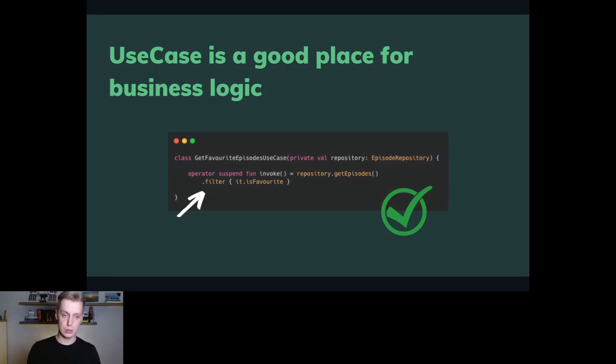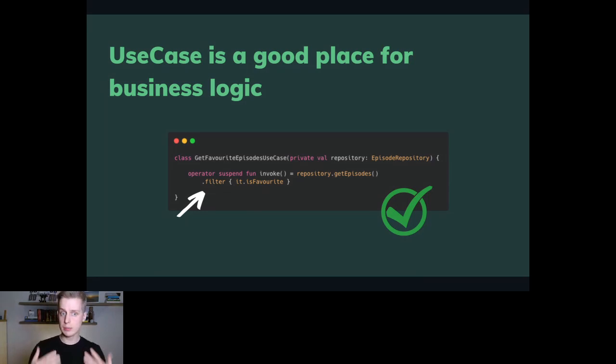And when we have an operation like filtering, mapping, or sorting, we should always think about whether it's our business logic or not, and if it is, we should always put this kind of operation inside our use case class.